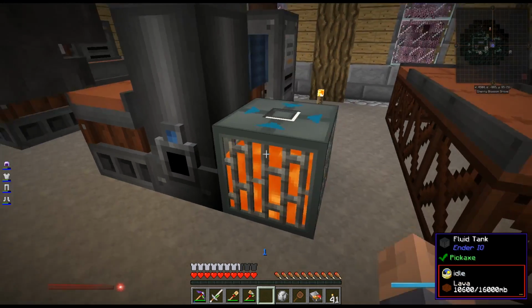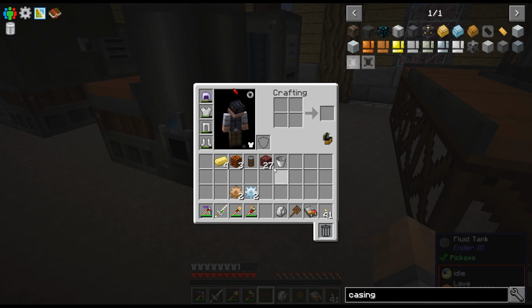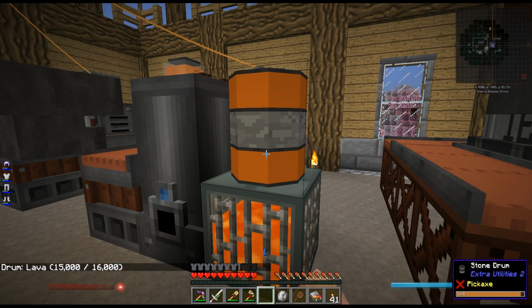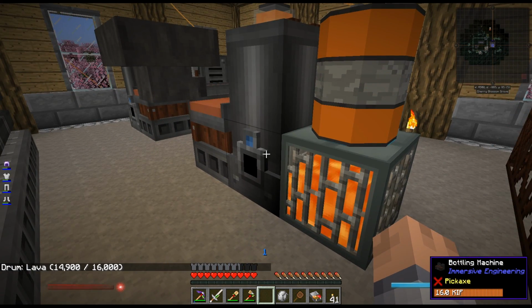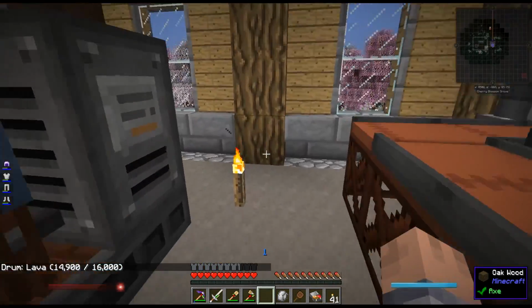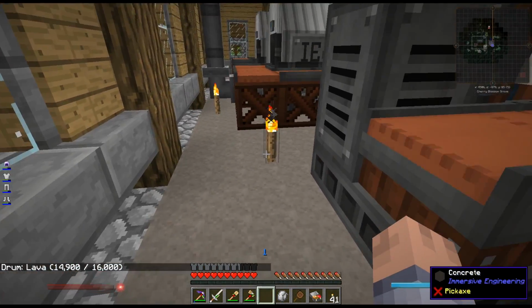And then the cool thing is, you know, I can leave this as my hookup. And I should just be able to put the drum up here. Yeah, so it sucks out of the drum into this tank into here. So I also have a visual of how much I have left and so on. Okay. And then from here, what we're going to do is